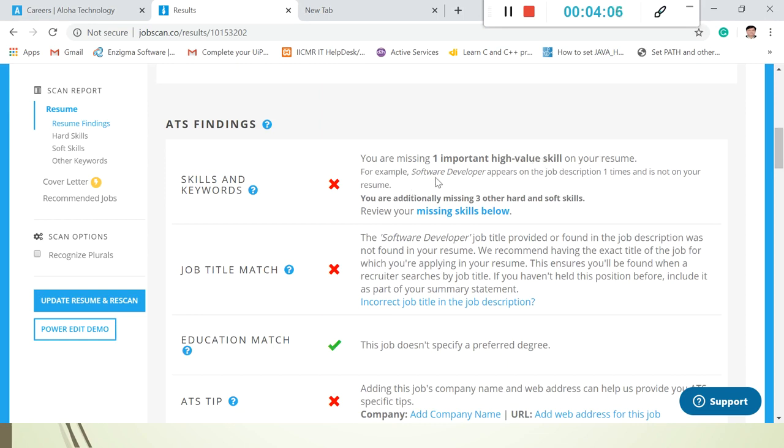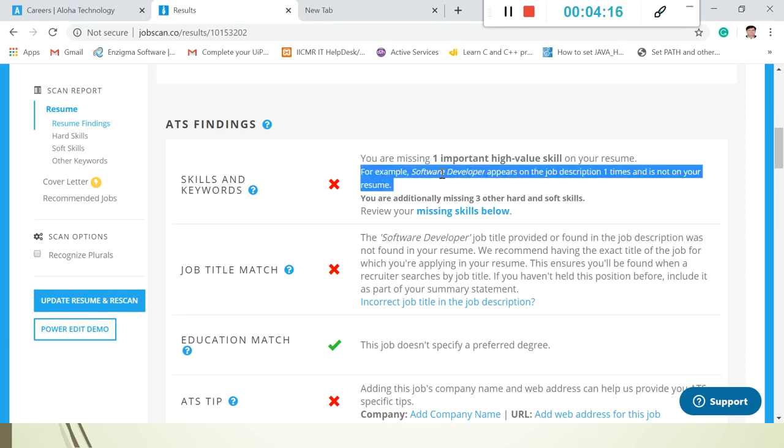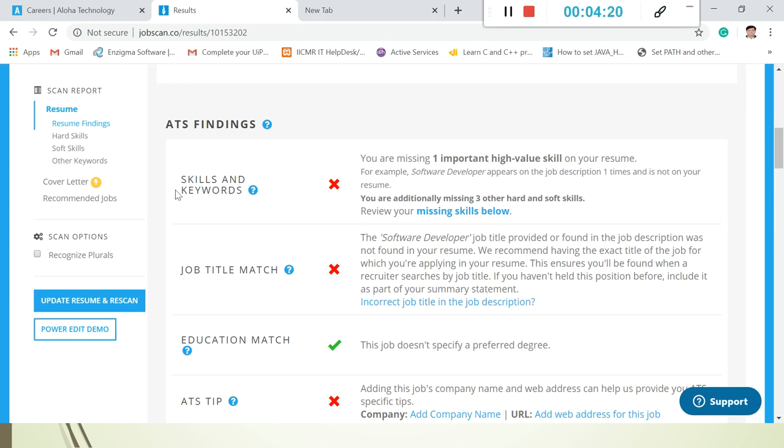For example, software developer appears in the job description one time and it is not in your resume. So it means this keyword is required in the resume of Rupesh.